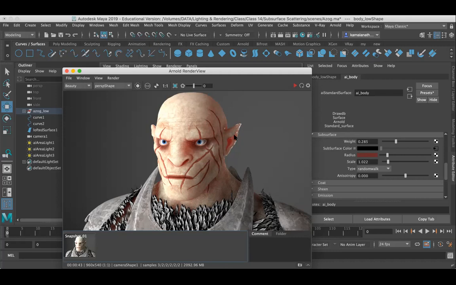You can see that the ear is glowing. Without it, this looks quite unrealistic. So we have added it, and you can see the skin tone has some kind of realism, right?